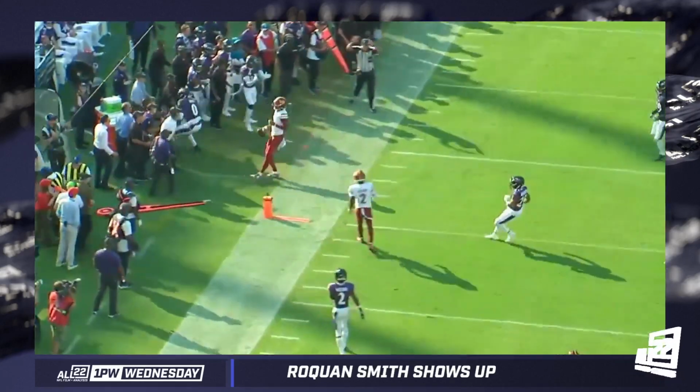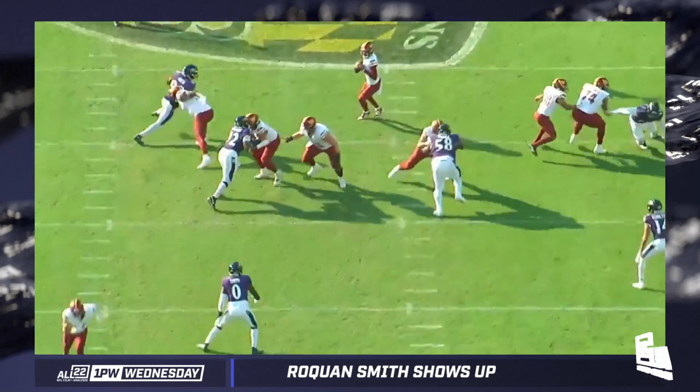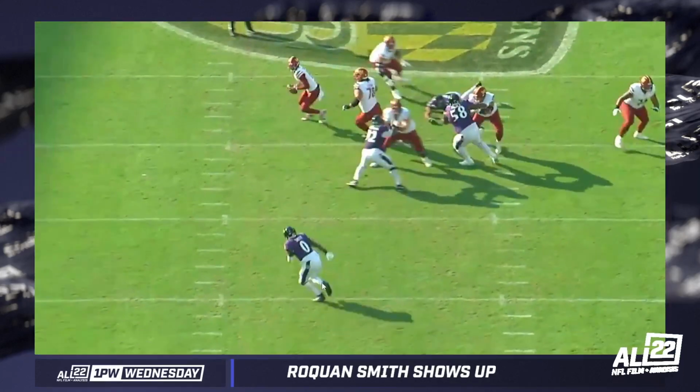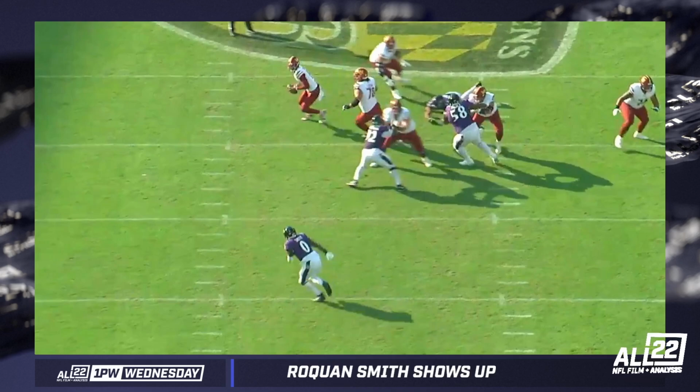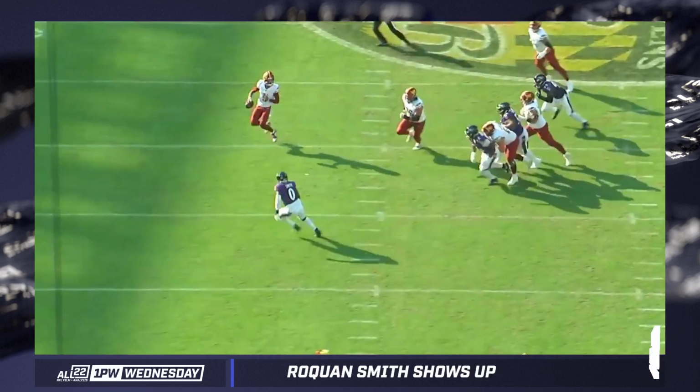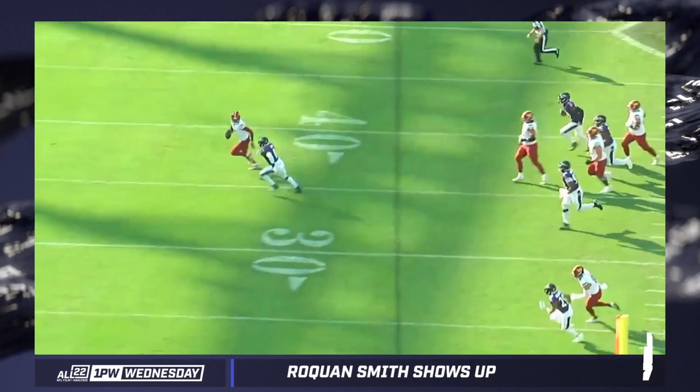That's a drill that you do with inside linebackers, and you do it at different angles. Sometimes it's a flat angle, so parallel to the line of scrimmage. Sometimes you're closing ground while you're doing it. So your effort level, your percent speed might be different than the running backs', I should say, in the drill. Notice where he is in terms of the leverage on the inside hip the whole time, staying there,